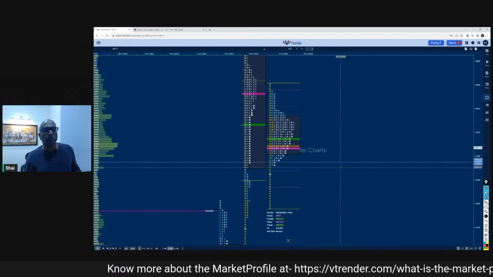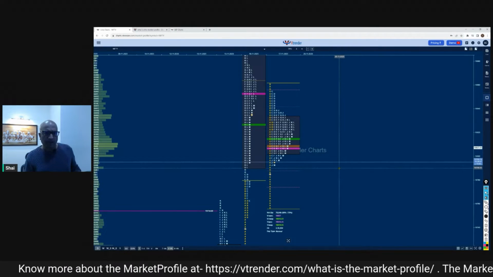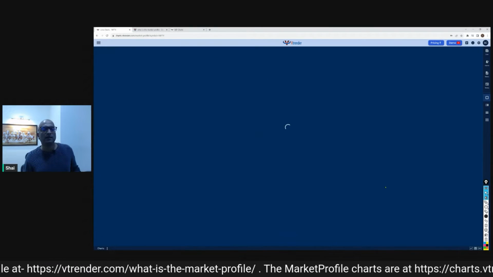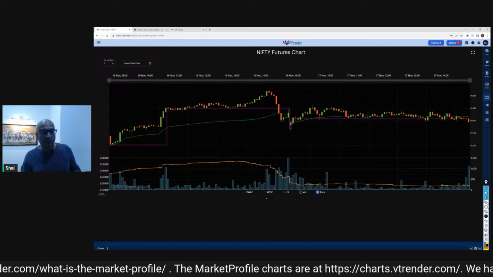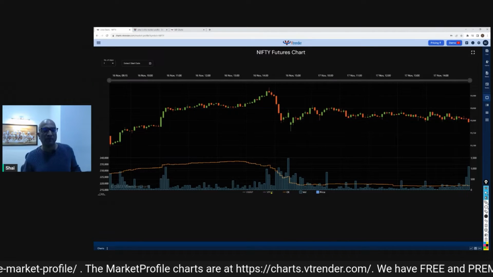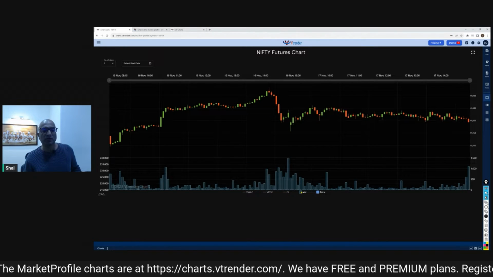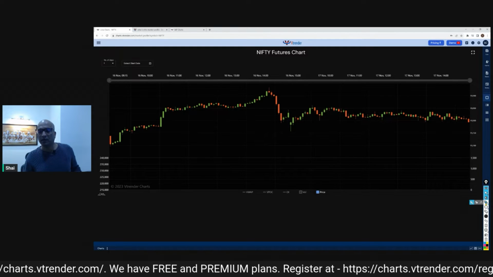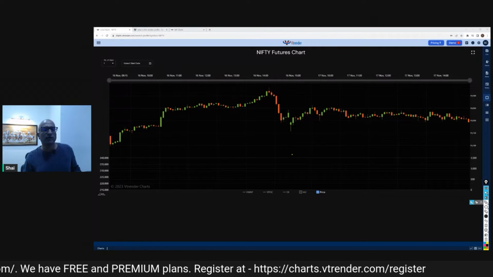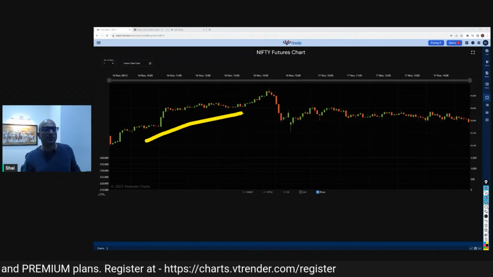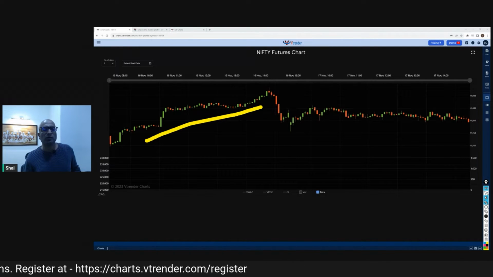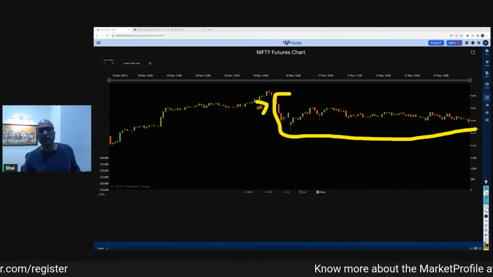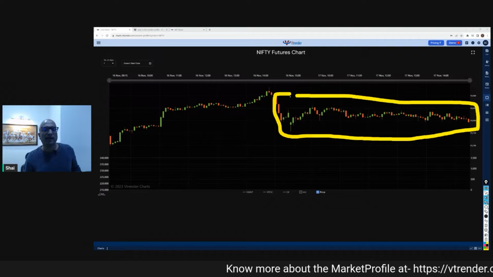So the first and foremost thing which is different from the way you look at a candlestick chart is, I'll again strip off the VWAP, the VPOC, and all the essentials over here, and stay basically with a candlestick chart. The first thing we look at is, this candlestick chart is good to tell us what price is doing. In fact, this is today's session, and price did nothing in the Nifty futures today, right? So it was really a flat kind of market.